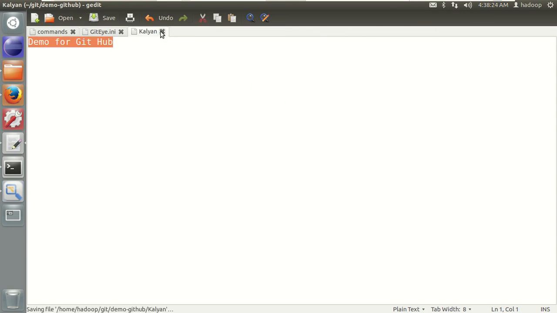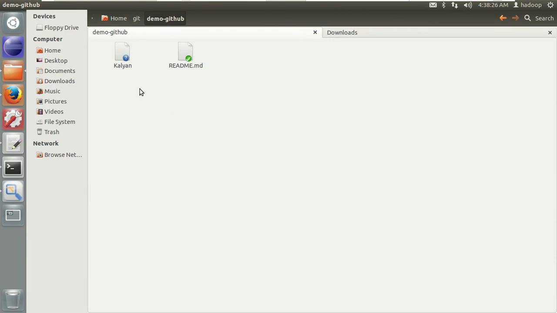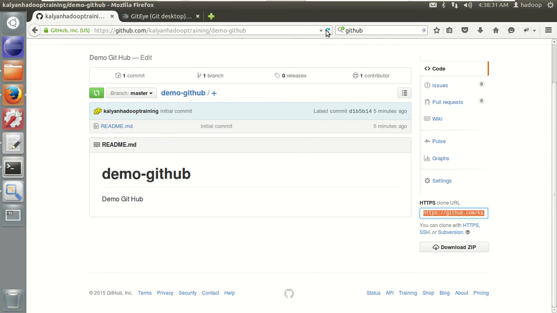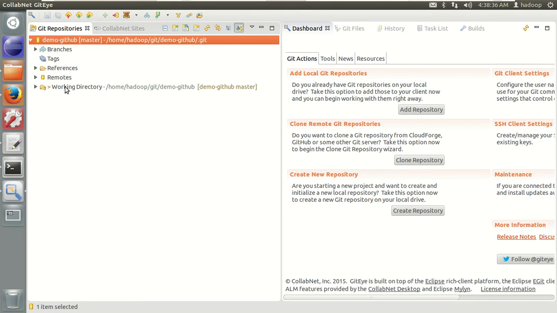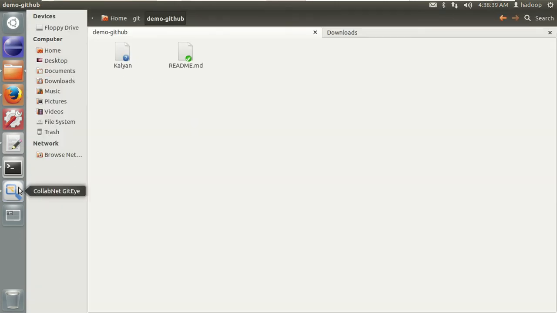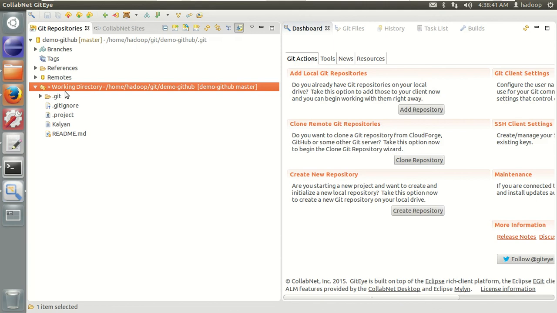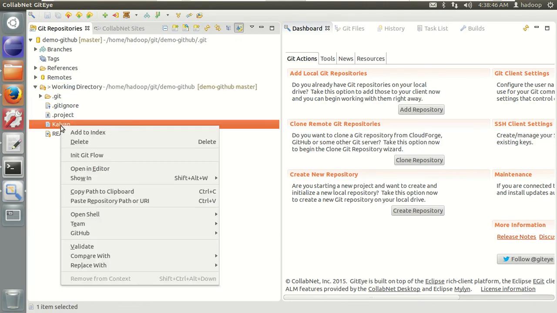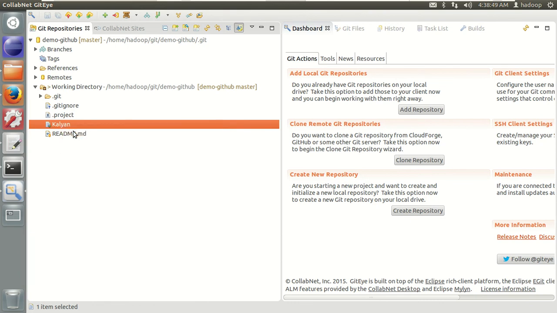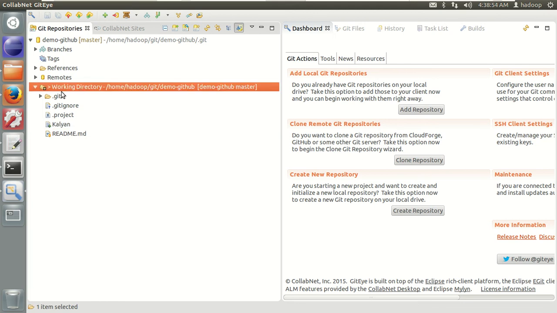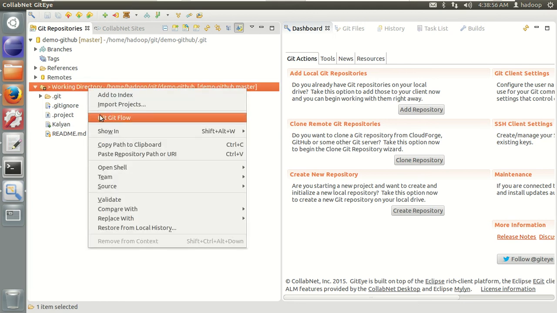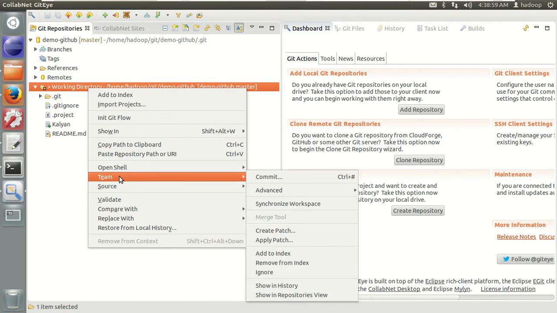Let's save it. And you want to add this file to your GitHub account. You can check it right now, refresh it. There's only the readme file there. Okay, to add this one, just add a new file here, and you can come and verify here. There is a file Kalyan. I click on that file, say add to index. This file is added, and you can click on the top level here and right click on this, say Team here,